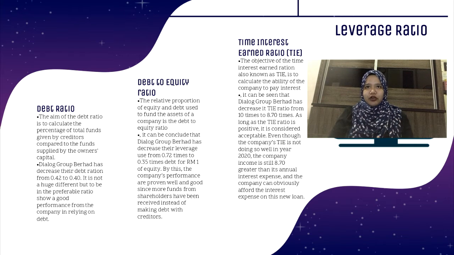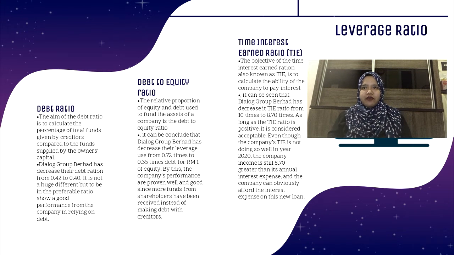The relative proportion of equity and debt used to fund the assets of a company is the debt to equity ratio. More precisely, it represents the willingness of shareholder equity in the event of a market downturn to cover all outstanding debts. After the computation of debt to equity ratio for year 2019 and 2020, it can be concluded that Dialog Group Berhad has decreased the leverage use from 0.72 times to 0.35 times debt for RM1 of equity. By this, the company's performance is proven well and good,